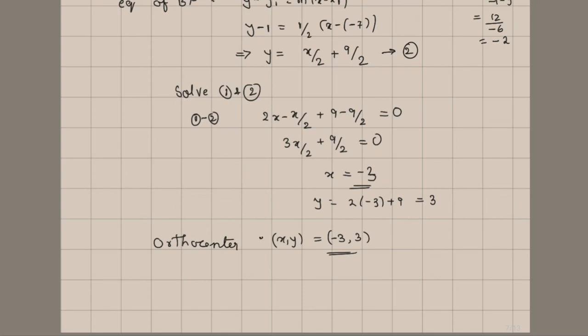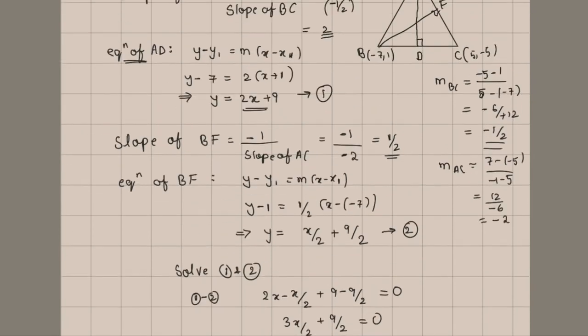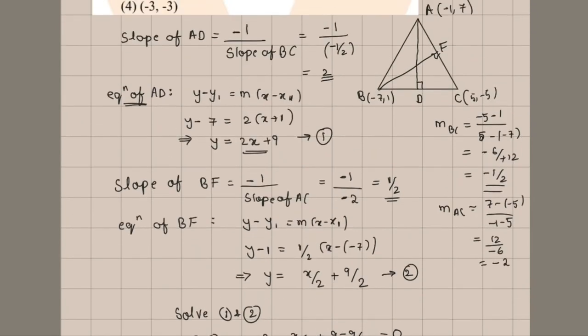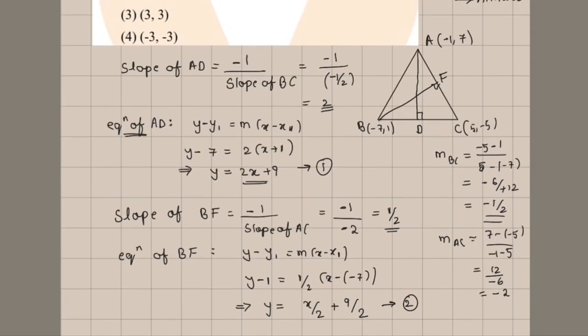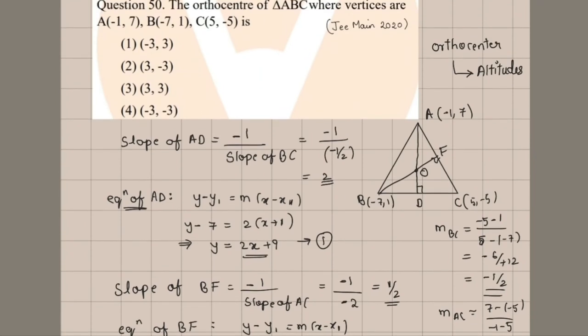So simple, because they have directly given all the vertices of ABC, we can directly find any two equations of altitudes and solve those two equations. You get the orthocenter, which is O. So the orthocenter we got is (-3, 3). It is there in the options, option 1. So this is so simple. We have discussed what an orthocenter is in lecture 12, and we have solved a similar example. So if you know the concepts well, you can easily solve a